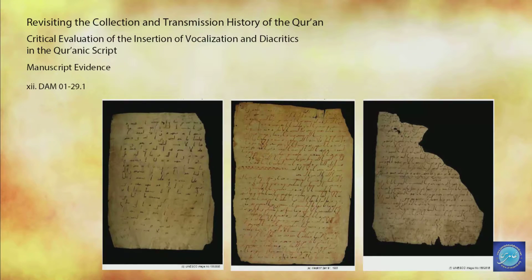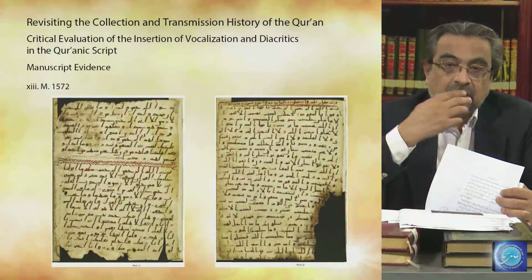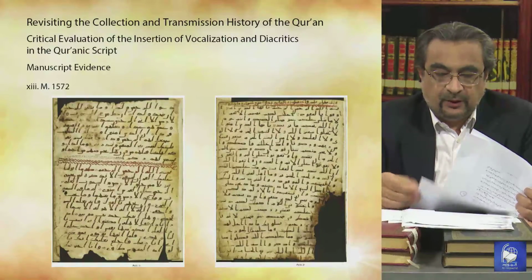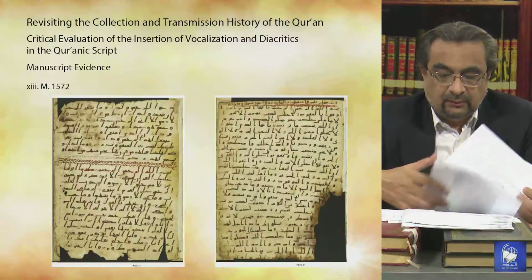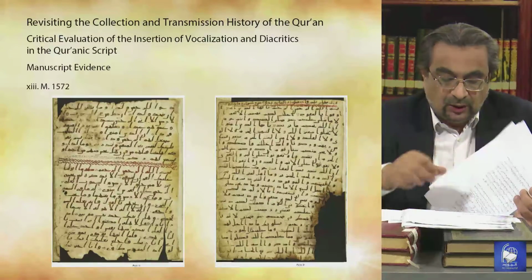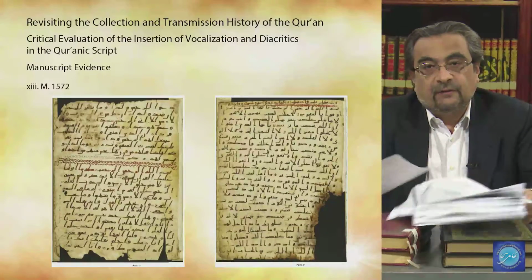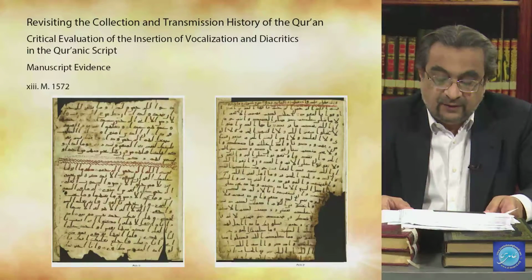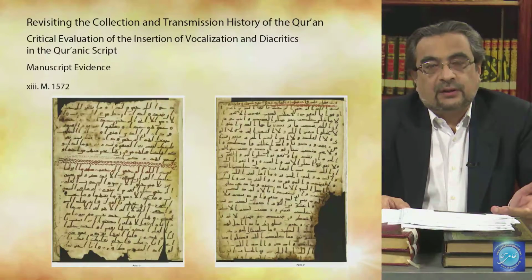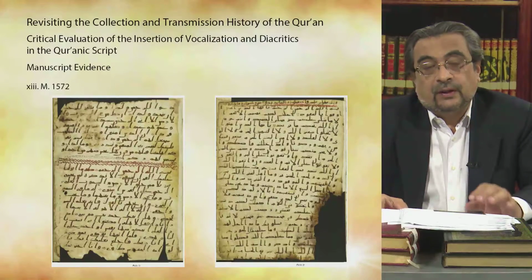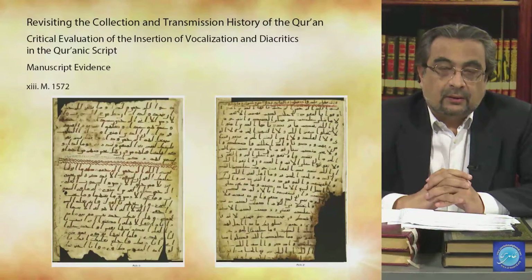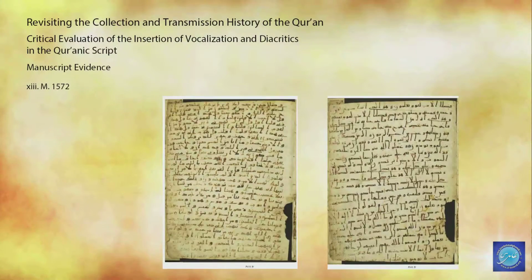And in this regard, now we move on to the 13th manuscript evidence, and as you can see, it is being displayed before you. The 13th manuscript evidence actually is called M1572. Now, it has miscellaneous verses. It also belongs to the 1st century Hijrah. Again, the script is Hijazi, and as I have pointed out earlier also, the Hijazi Qurans have preceded the Kufic Qurans, and the orthography experts and the experts of Qur'anic manuscripts tell us that the Hijazi Qurans are the